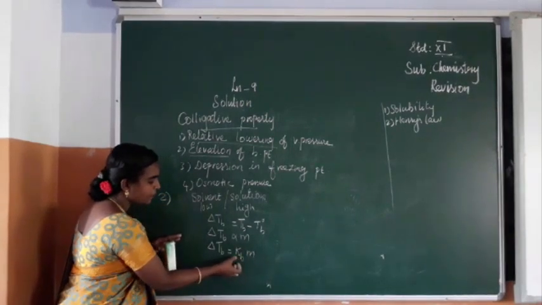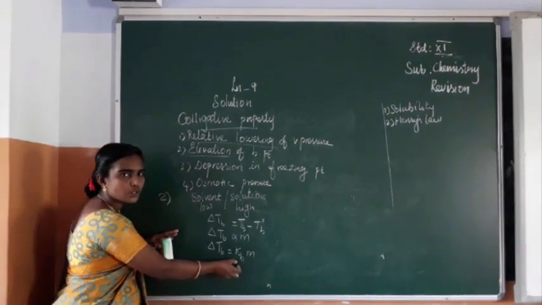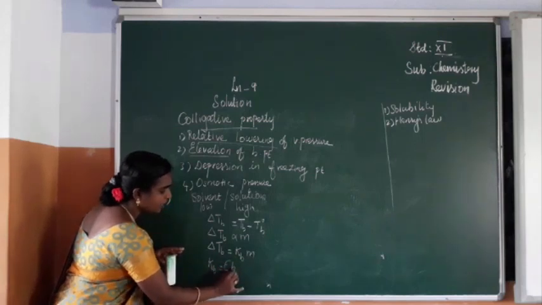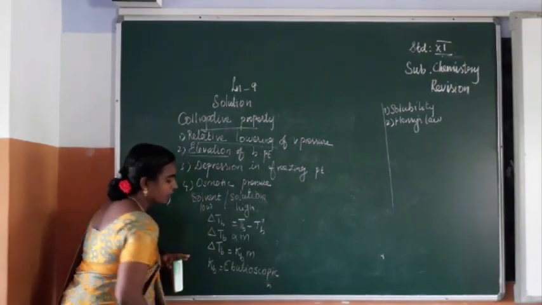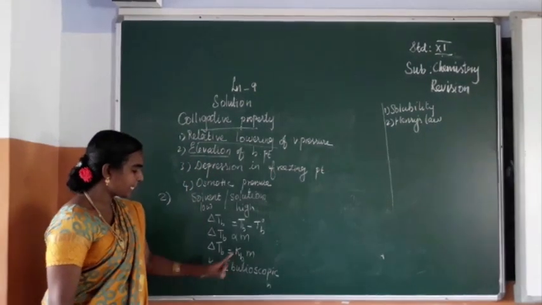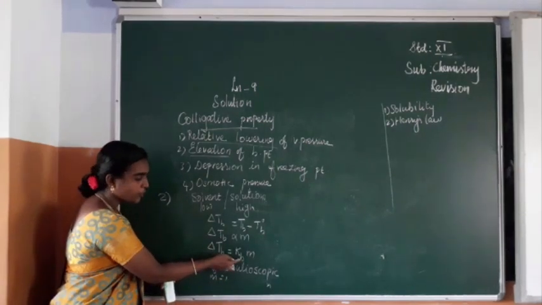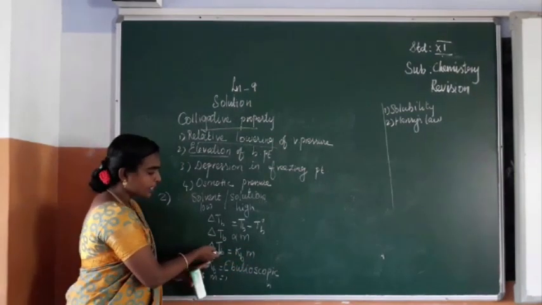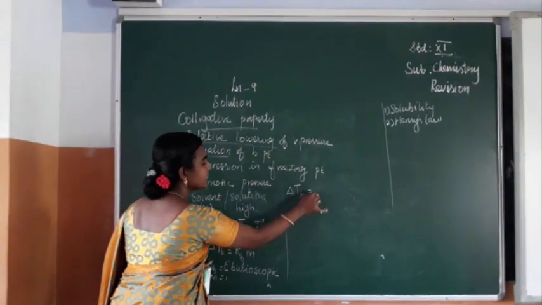Okay. So this Kb is called the elevation of boiling point constant or ebullioscopic constant. Kb is called the ebullioscopic constant. So the question may be, what is the ebullioscopic constant or elevation of boiling point constant? Okay. So we can explain like this: when m is equal to 1, in this last equation you substitute the m value as 1, isn't it? So when you substitute m is equal to 1, the equation becomes delta Tb is equal to Kb.